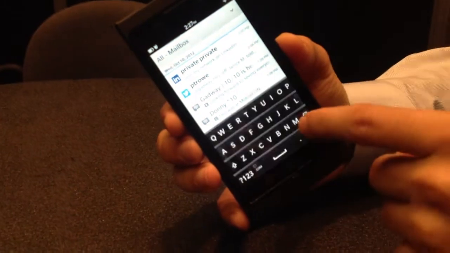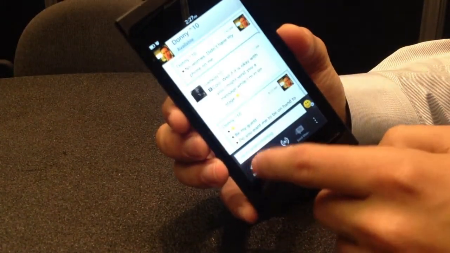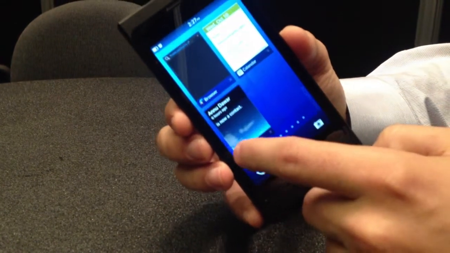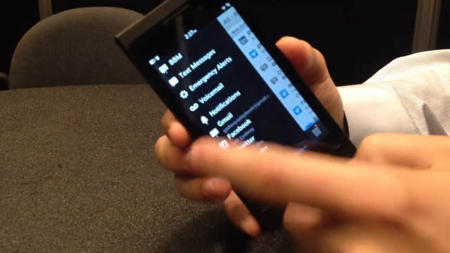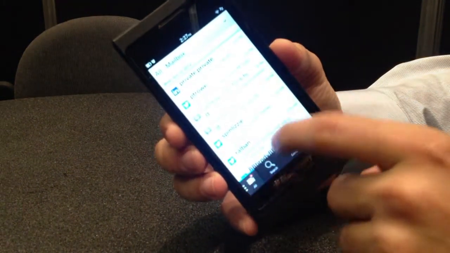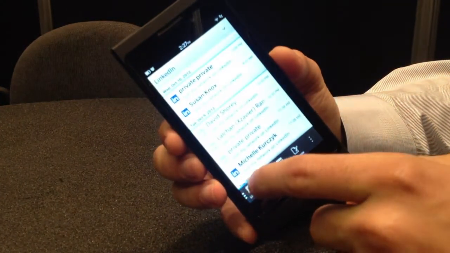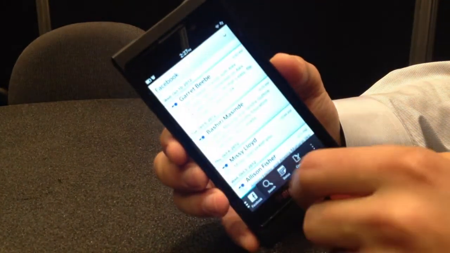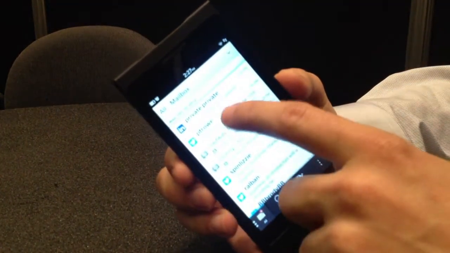In the Hub, I've got access to all of my different accounts. So my social networking accounts, my email accounts, personal, professional. I can very quickly filter between them, and I can even get access to time-sensitive notifications, so things like my